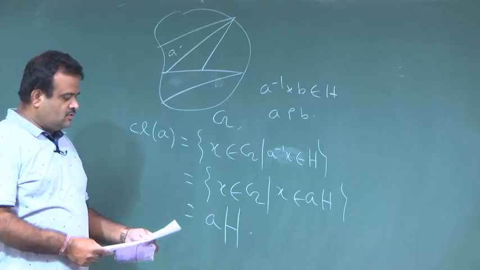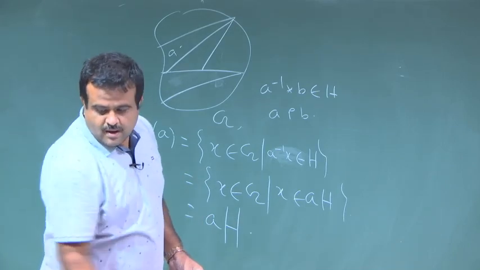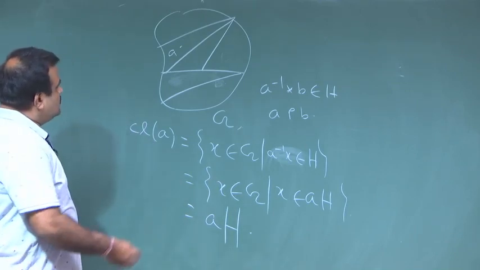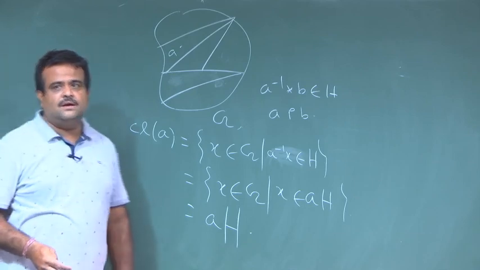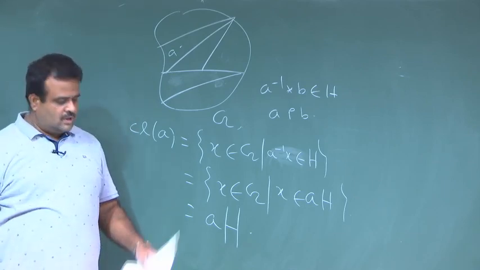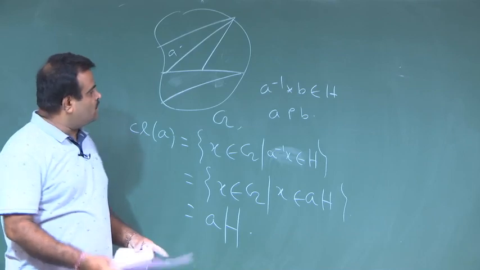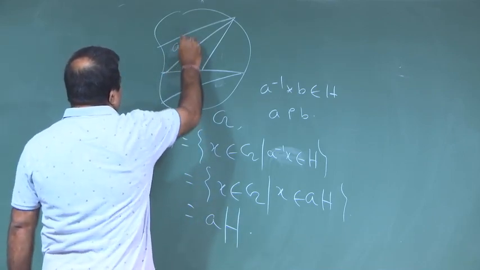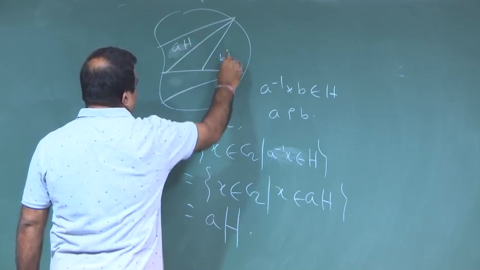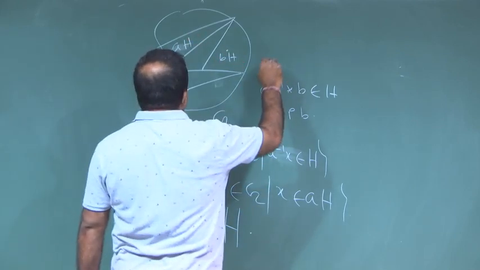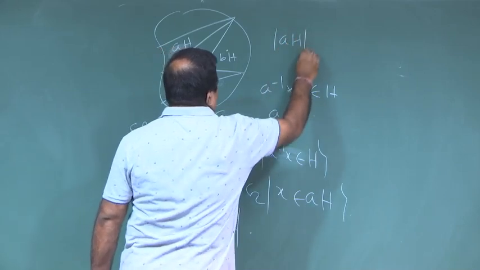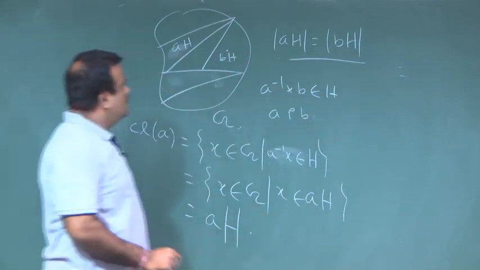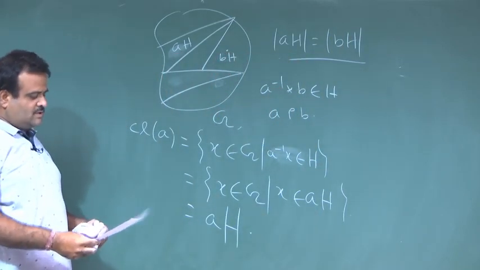Okay. So, now this will form a partition on the G. Now we will see that the number of points in these cosets is the same. So, the cardinality of two left cosets is the same. If you take two left cosets, say AH, and another left coset BH, we will see that the cardinality of H, the number of elements in H, is the same as the cardinality of BH. This we will prove. So, they have the same number of elements.